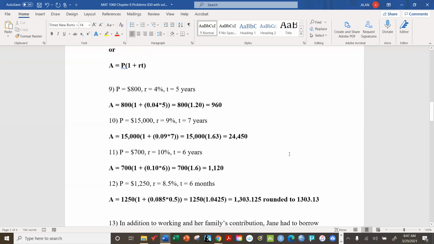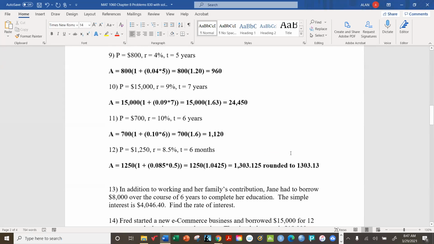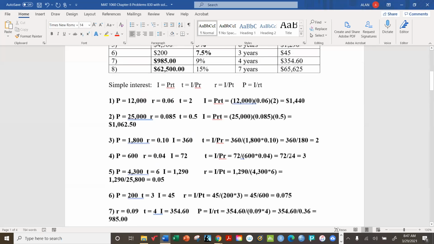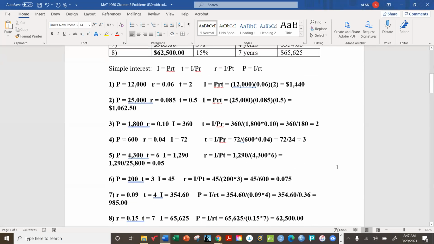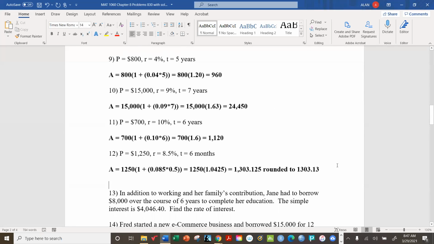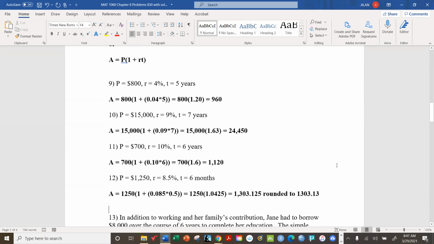Okay, let's see. Now, here we have a small group of word problems. And of course, the thing about the word problems is that they have to parallel what we've been doing with the algebraic problems. So, it's just a question of figuring out what exactly we're being asked to do. All right, so for example, right here,